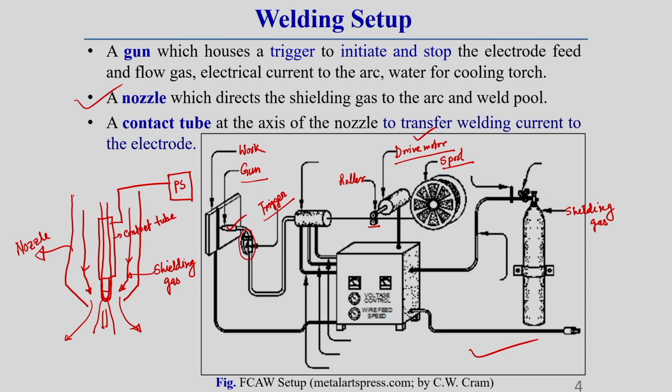This is called the gas flow meter, which controls the flow of the gas, and this is called the regulator, which is used to supply the gas from the cylinder to this torch region. This is called the power source, here I am writing PS, power source. And there are different types of cable systems which you can see. One is called the welding power to workpiece cable, another one is called the shielding gas supply hose.